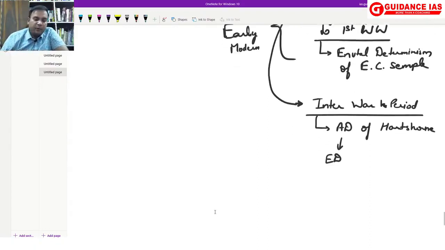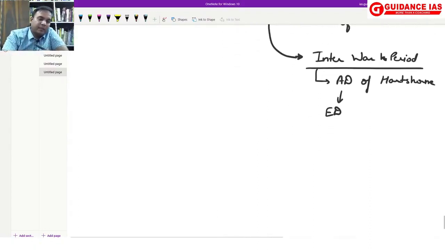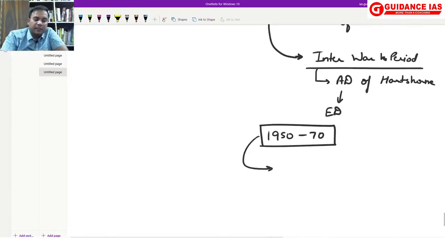Similarly, beyond this we enter the period of 1950 to 1970, the monoparadigmatic phase. Again there was the quantitative revolution. It was based upon what? Economic determinism,